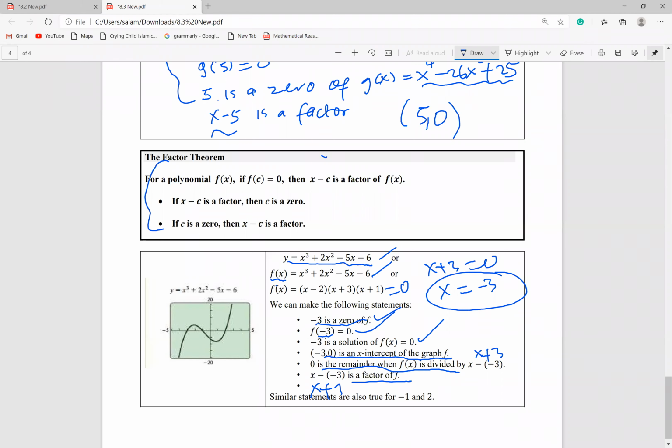So from one, we should be able to predict the others. If they tell you 5 is a 0, then 5 is an x-intercept. 5 is also a solution of that function. And x minus 5 is a factor. Okay, and that's all we have for